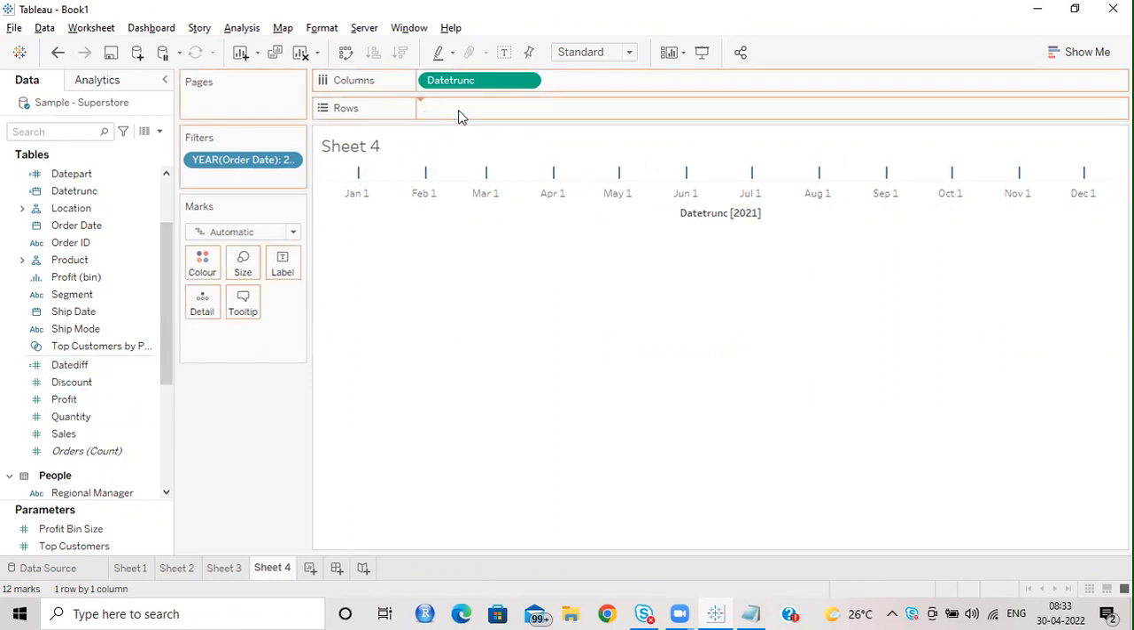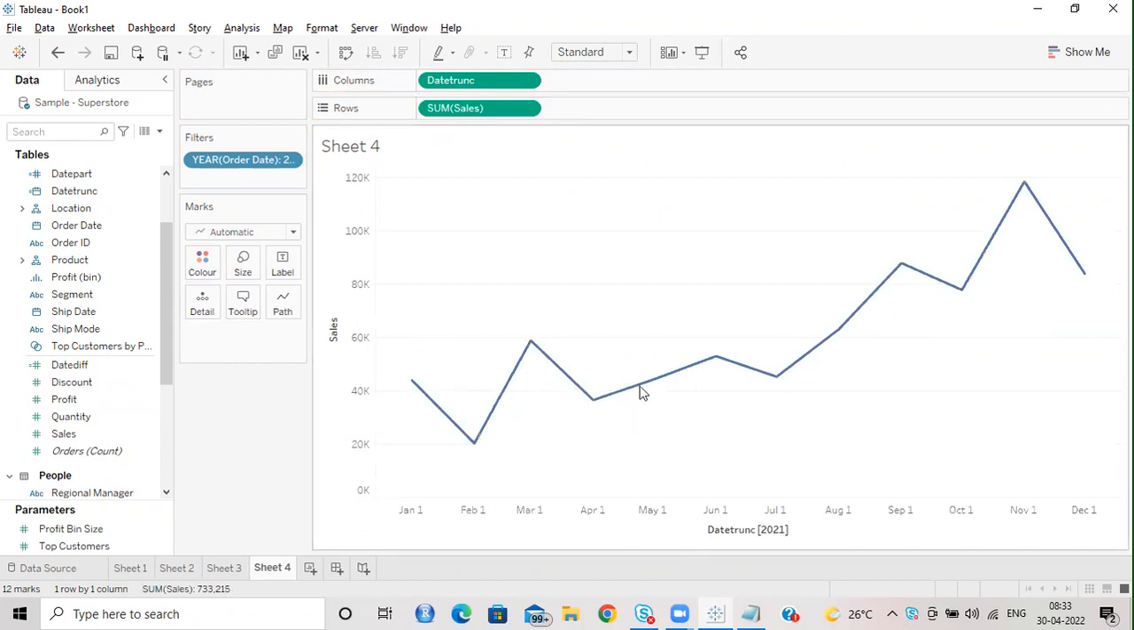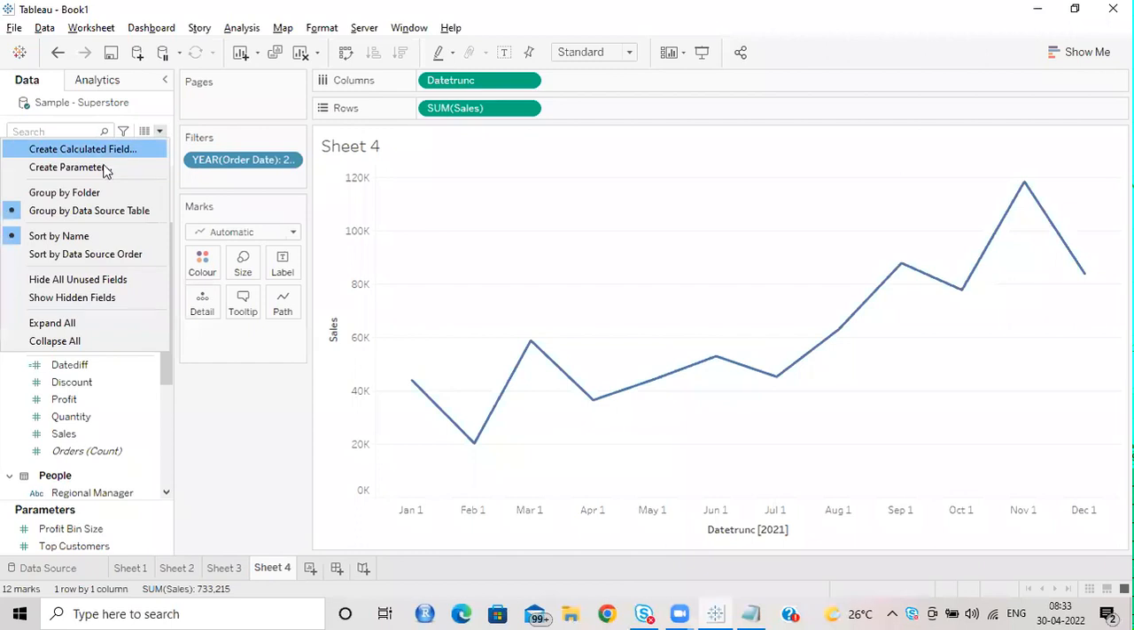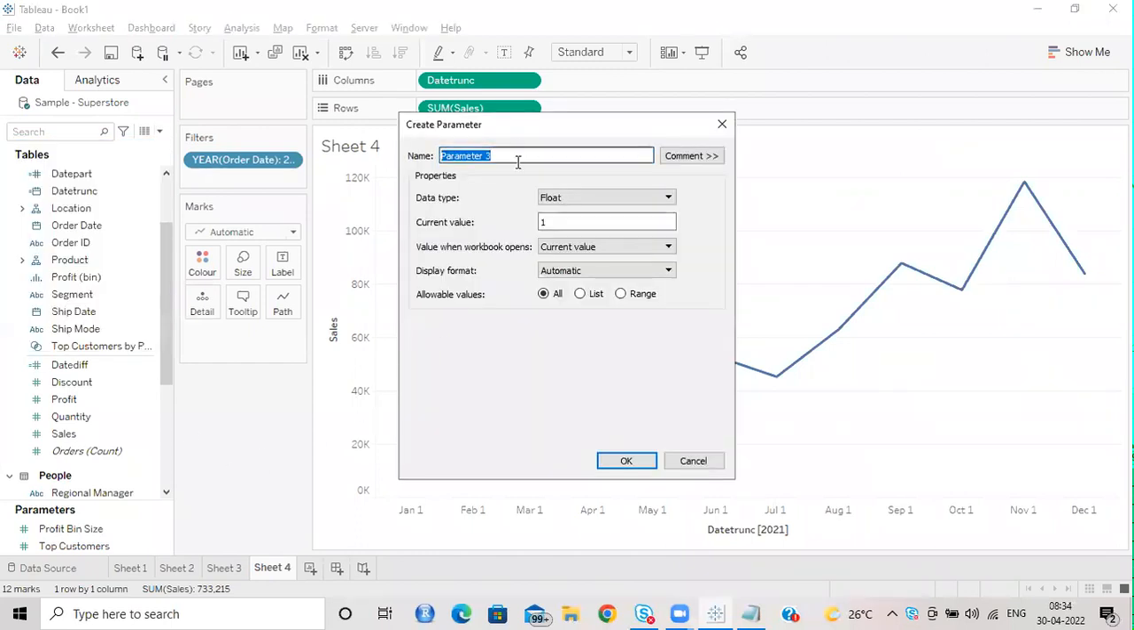Now let me put sales here. It gives me a line chart. Now you want to change this. Let's say the user says, give me the functionality, whether I want to see it by month or week or quarter. The user says that quarter, year, or month should be my granularity. What I want to do in this case, it's a real-time scenario. Definitely the user will ask. In this case, you will go here and create a parameter, and you will say,